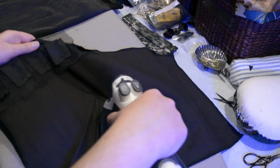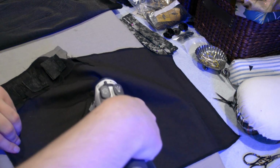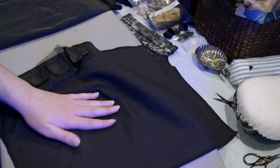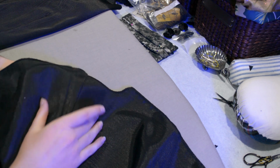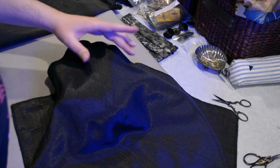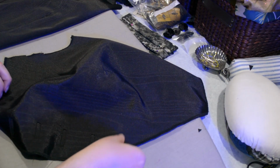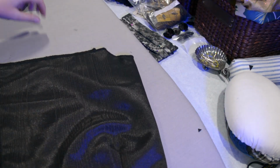But I'm just pressing all my darts, making sure everything is playing nicely. Luckily this moire fabric wasn't getting any iron shine or anything. I had no problems with it at all. I wasn't turning the iron all the way up because, of course, at some temperatures poly will melt eventually. I think this is actually a poly cotton blend. I don't know, I'd have to check on Mood's site. I don't quite remember. Alright, but now I can go ahead and sew my fronts onto my back at the shoulder seam and